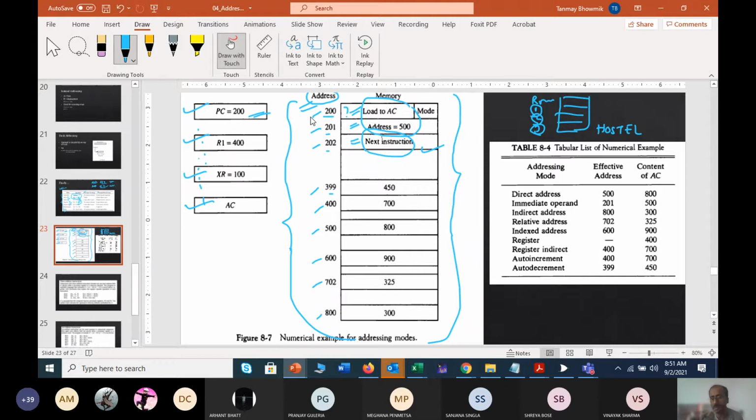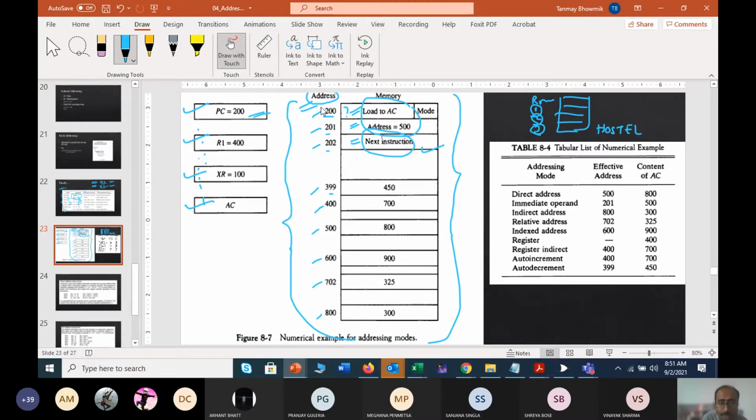Again, the same thing comes into action: your program counter always stores the address of what to do next, that particular instruction's address, right? Once you have occupied that location, that means the 200 location, the program counter makes sense that yes, that instruction has already been started. So I have to update my content with the next instruction's address.